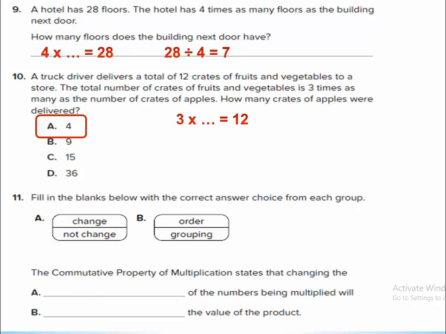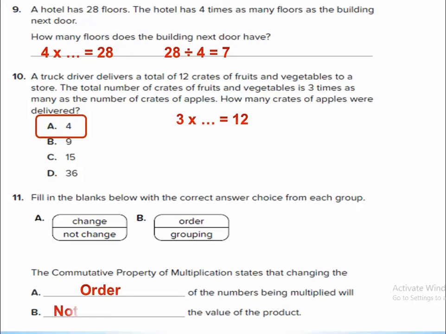Fill in the blank below. Here this is a mistake. Okay, this is letter A, this is letter B, and this is letter A. The commutative property of multiplication states that changing the order. We know that commutative is changing the order, but never changing the answer or the value, and changing the order of the numbers being multiplied will